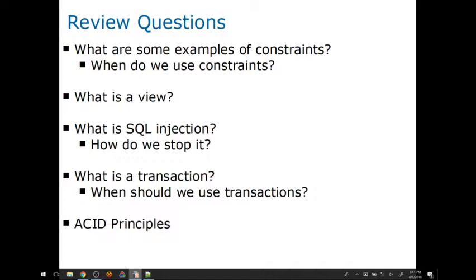A transaction is basically saying this entire section of code is going to run as one unit, or none of it's going to happen. If a problem happens halfway in between, it'll actually go through and undo everything that it did prior to that point. So you know for a fact that that transaction is either going to run in its entirety or it's not going to run at all, which is a very useful thing to have, especially when you're doing manipulation operations like updating, deleting, inserting stuff. It's nice to have that protection.